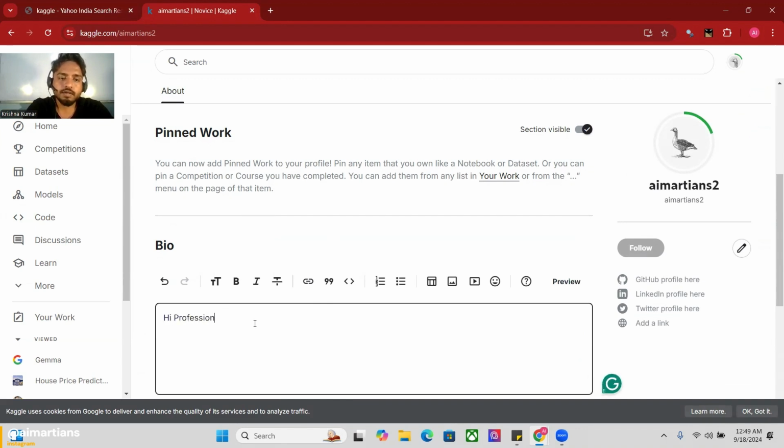professionals. This is Krishna Kumar, an AI engineer in Chetu India Private Limited. I'm using the short form PVT Ltd. I joined it on 18th March 2024,